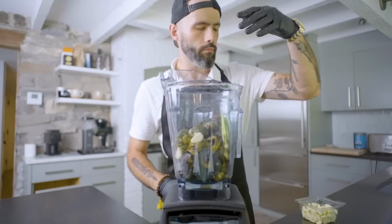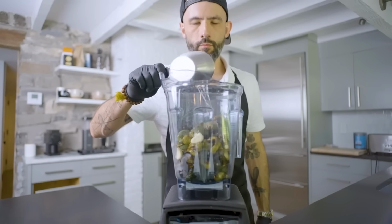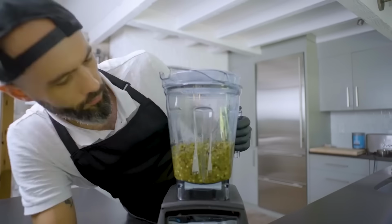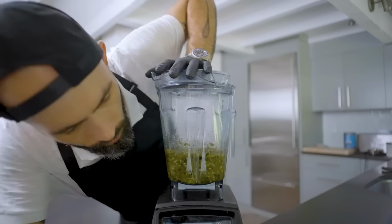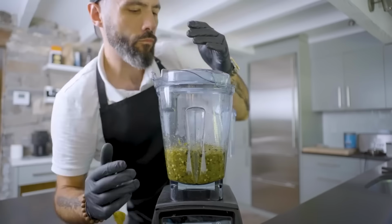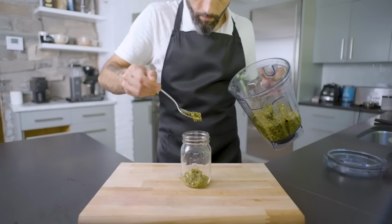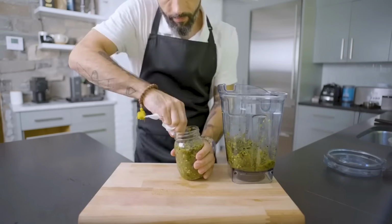I'm also going to add 3 or 4 garlic cloves, and I'm starting with half a cup of distilled water. Why distilled? Because once we've ground this up in our blender or food processor into what I think is rather an attractive paste, we're going to ferment it, or more accurately, I'm not going to ferment it, but you might want to. Simply fill a sanitized jar about 3/4 of the way with pepper paste, cover with a cheesecloth or